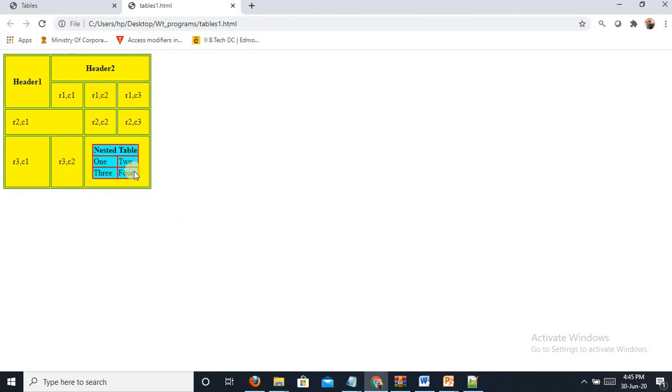I had given this background color equal to yellow, and I had already told that rowspan equal to 2 means it will take 2 rows, and I had given colspan equal to 3, and this header 2 combined 3 columns into one, and in this I had taken a nested table also. So I had given some rowspan and colspan along with cell spacing and cell padding.